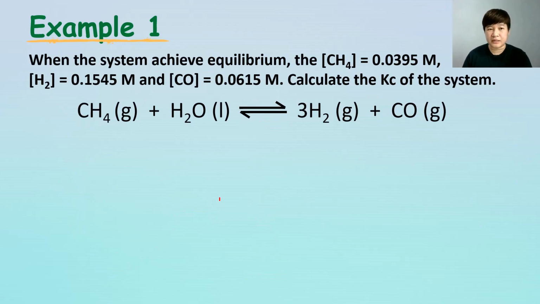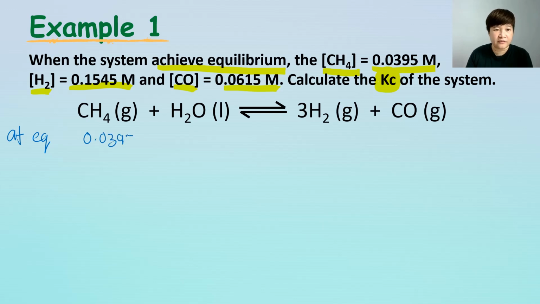Let's look into some simple calculations. Example 1 that I have over here is, the question stated, when the system achieves equilibrium, the concentration of CH4 is given, the concentration of H2, the concentration of CO. Calculate the Kc of the system. So we shall start by taking out all the values. At equilibrium, the concentration of CH4 given is 0.0359 molar. Concentration of H2O is not given. Concentration of H2 is 0.1545 molar. Concentration of CO is